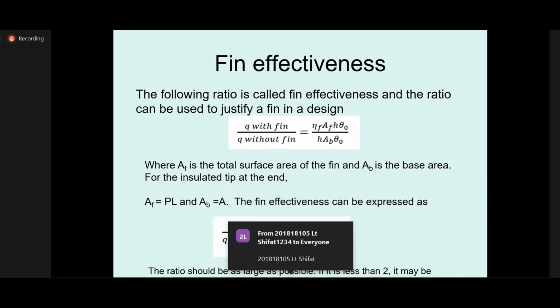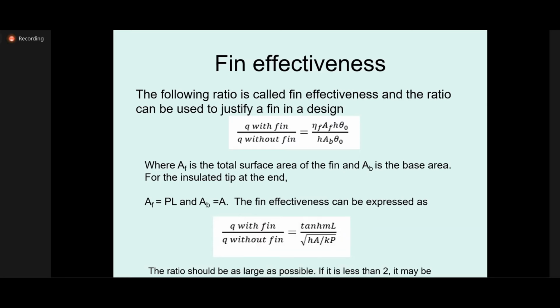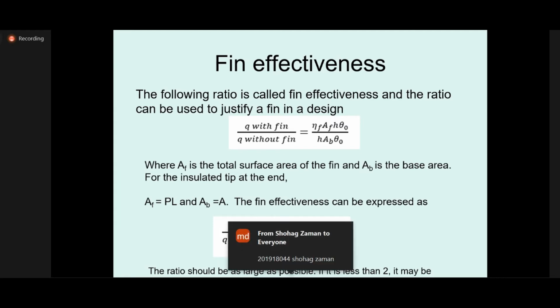Another point is that adding a fin extension does not always increase heat transfer. I'll show you an example next week. Under certain circumstances, introducing the fin rather decreases it, if I recall correctly, but certainly it doesn't help. So there is a term called fin effectiveness, which is commonly used in design: Q with fin and Q